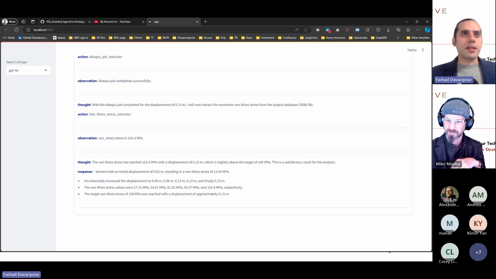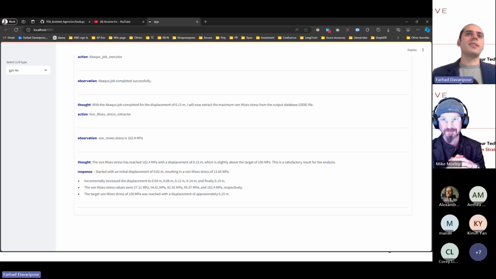So there's another question: do the stored memories change as new inputs come in? So this system that we have defined here has been developed to handle only a single query. Every time that you run a new query, it's going to override the whole thing. It's not going to remember the previous transaction. What we have developed is just a demo to showcase the capability. But there is the possibility and flexibility that whenever you have an interaction, the new input doesn't override the previous input, and it can just keep adding to the memory so that the agent,